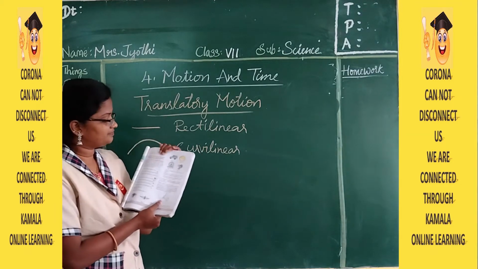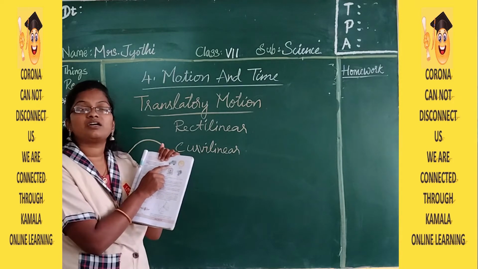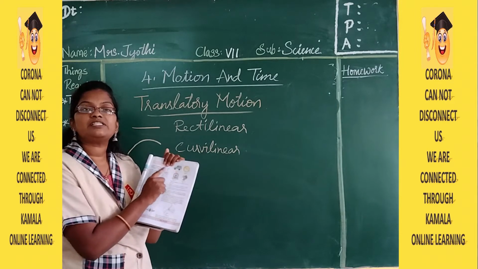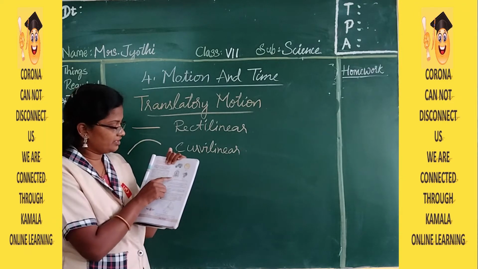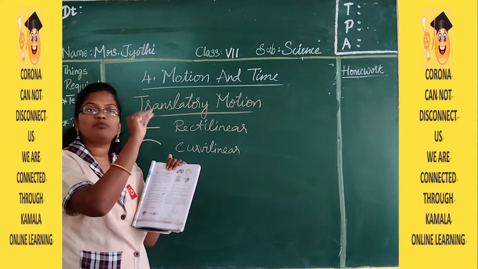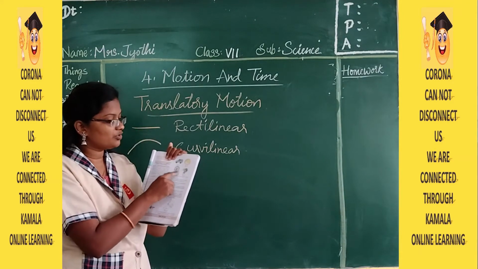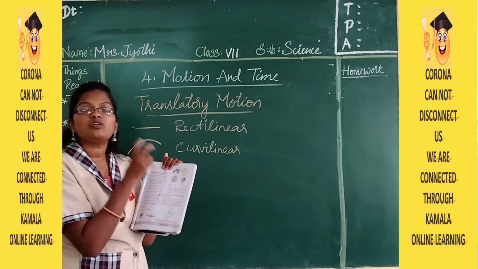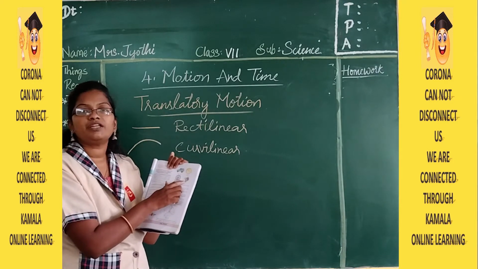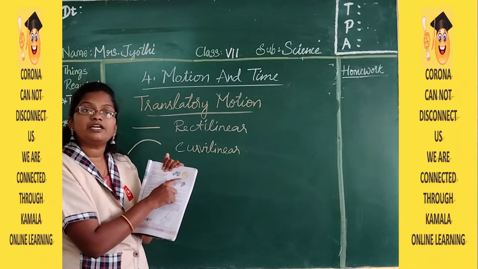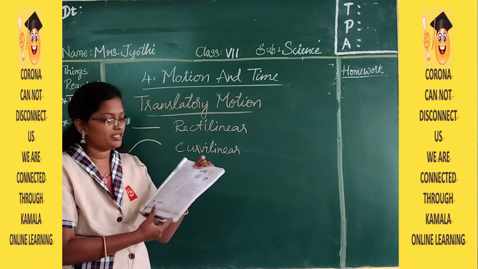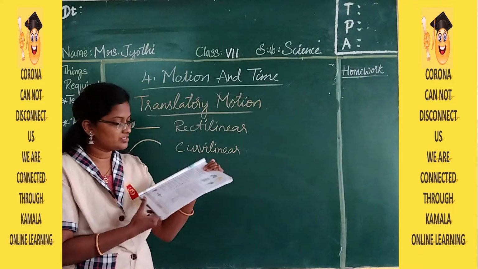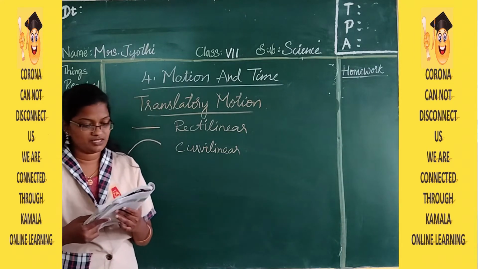So you can see here a car. A car is moving, along with the car everything is moving. Here it travels in a straight line and in a curved line. Then a giant wheel. In a giant wheel, along with the poles and the chairs, everything is going to move in a circular path. Then a globe. In a globe, only the globe is going to move, but not the remaining parts. Then a clock. In a clock, only the hands are going to move, but not the remaining part. Before that, we are going to do this activity under Let Us Do 6.